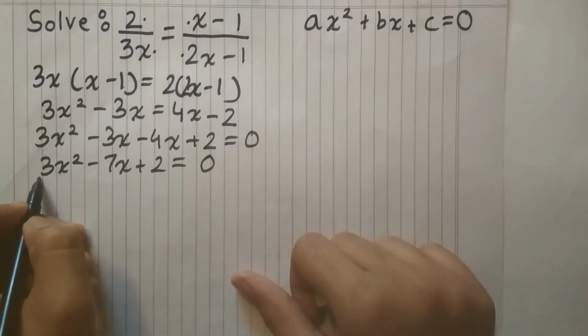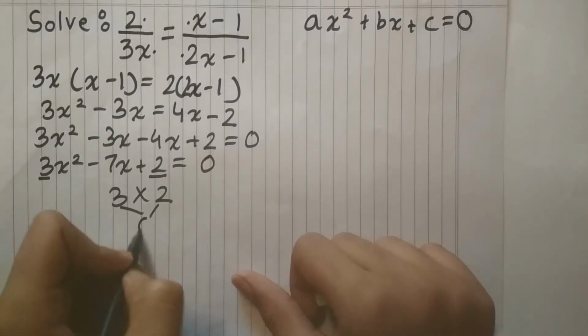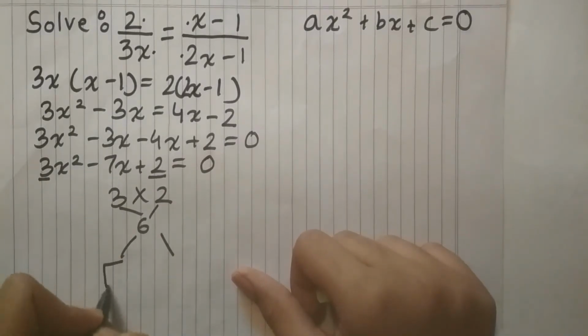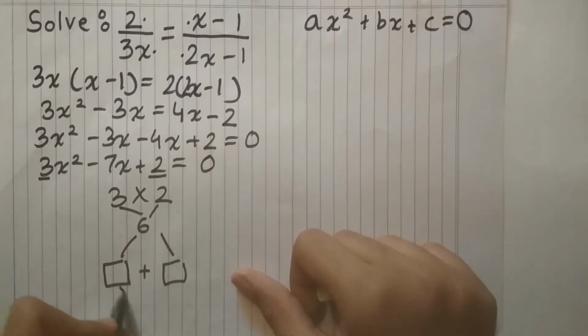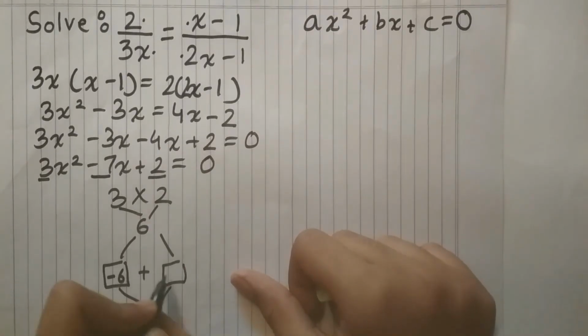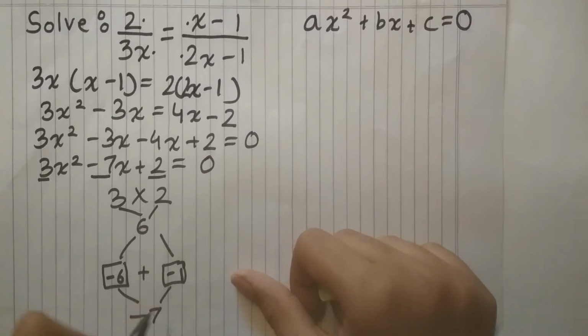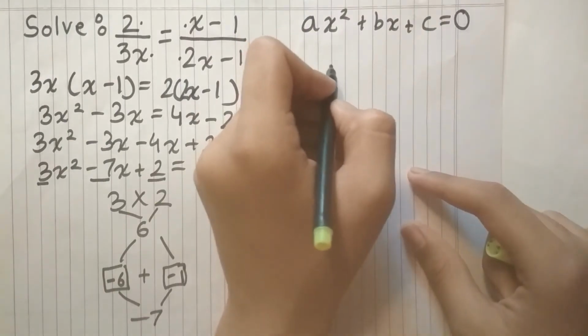For that, we'll multiply 3 into 2, so that is 6. Now we want two factors of 6 whose sum will be minus 7. So the two factors of 6 can be minus 6 and minus 1, because minus 6 into minus 1 will give us positive 6, and minus 6 plus negative 1 will give us minus 7. So this thing can be written as